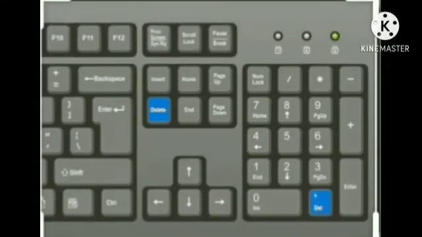Delete key. The delete key is a key on most computer keyboards which is typically used to delete either, in text mode, the character ahead of or beneath the cursor, or, in GUI mode, the currently selected object. It is sometimes referred to as the forward delete key. This is because the backspace key also deletes characters but to the left of the cursor. On many keyboards, the key with the backspace function is also labeled delete.